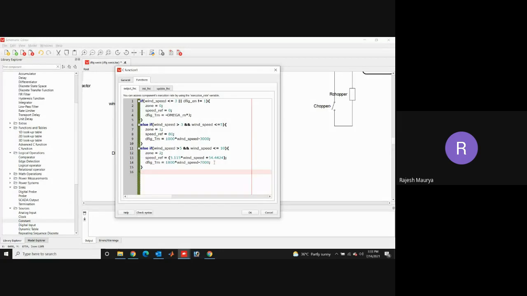This was my third condition for zone 2, and now I need to define it again for zone 3, zone 4 and zone 5. You can also copy it and paste it; it would be easier to write. So the next condition is if wind speed is greater than 10 and less than or equal to 22. First it was greater than 5 and less than or equal to 10. So zone would now be equal to 3